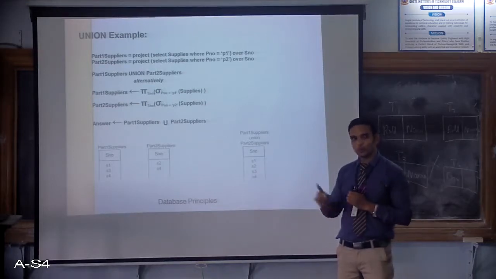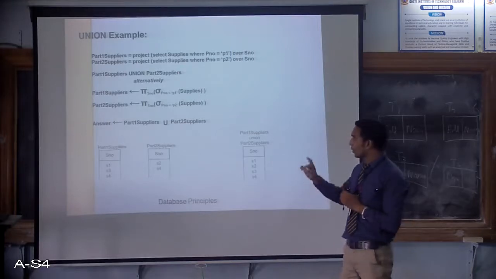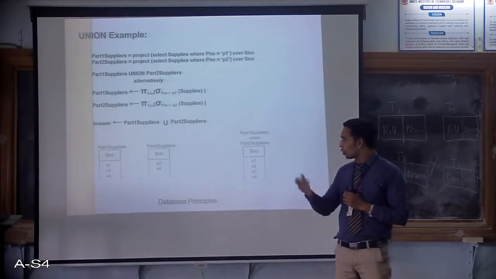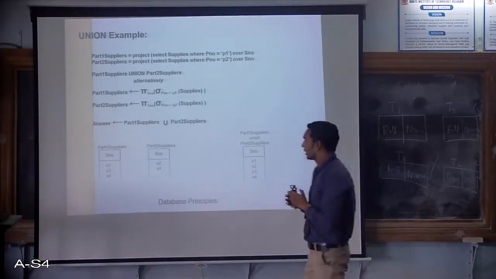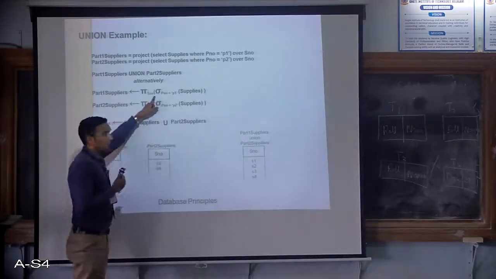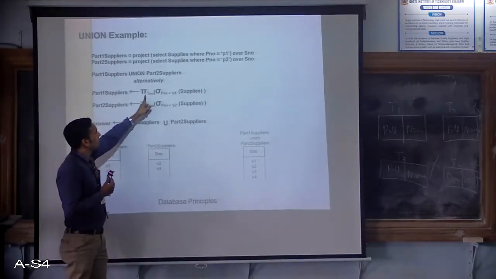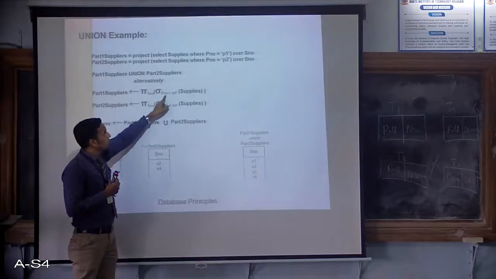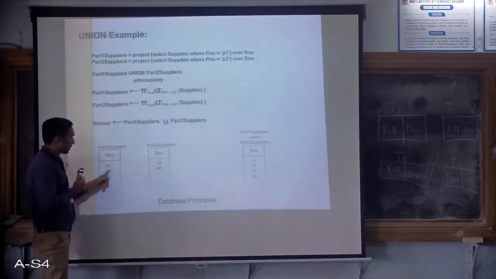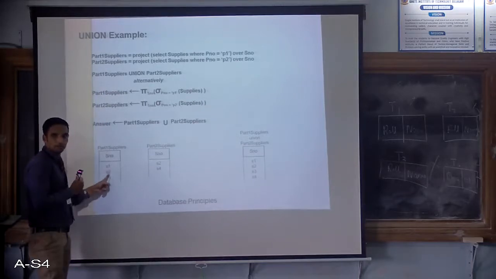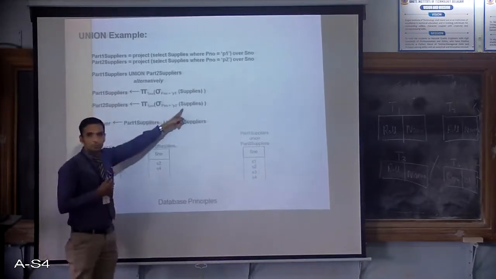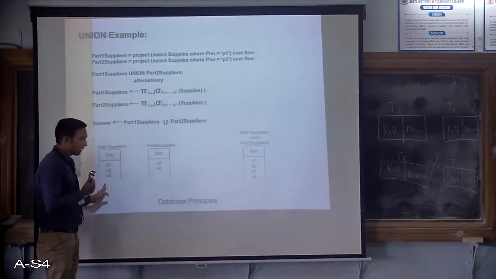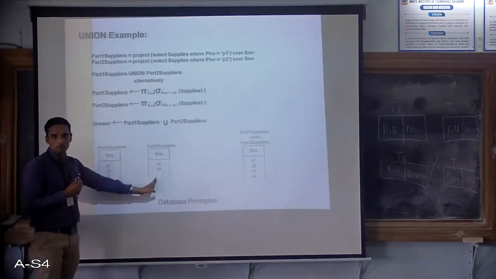Please remember that. You can always go with the OR operation or union operation. So I want to know the people who supply part 1, part 2 or both. First I'll write the SQL query, relational algebra, to select the supplier number of the rows who sell part P1. On similar lines, I'll get the supplier details who supply part P2. So these are the suppliers who supply S1, and these are the suppliers who supply S2.